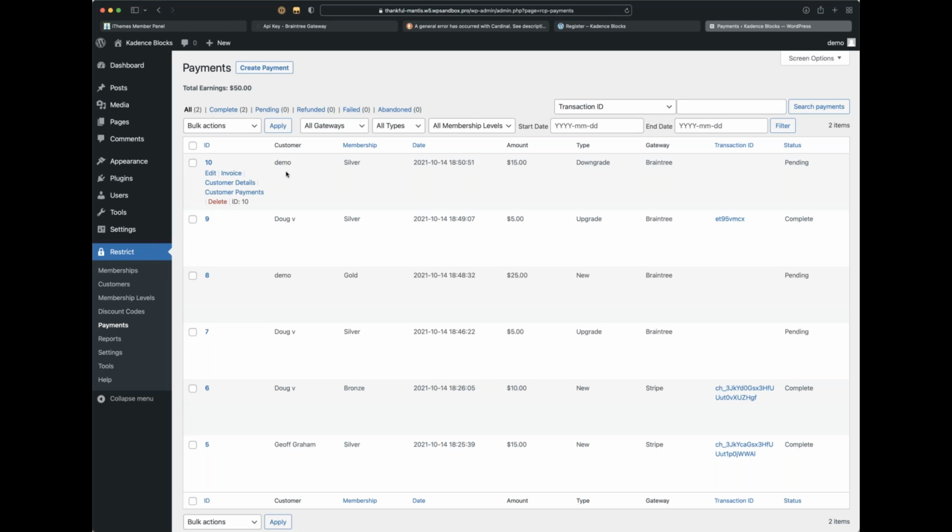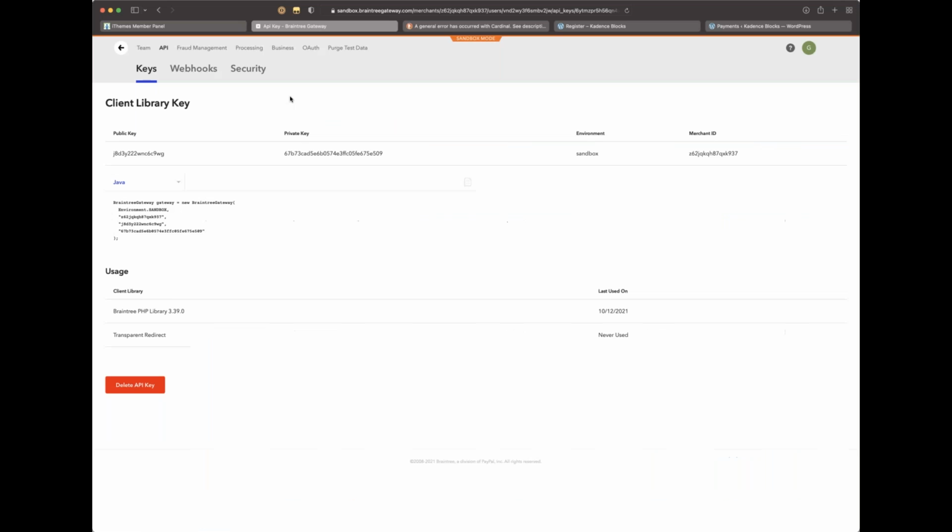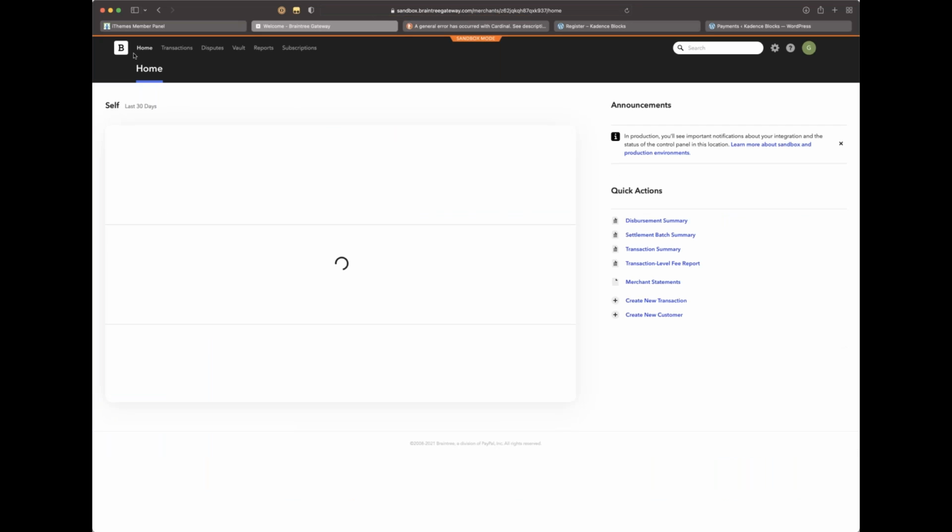Because I put a type of downgrade even. How cool is that? And this transaction is still pending. But if we head over to our area,